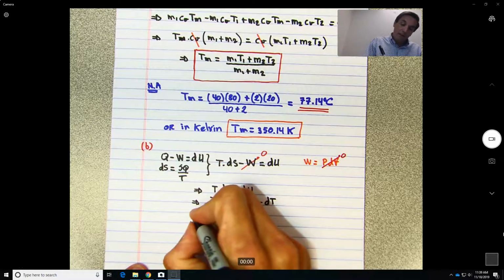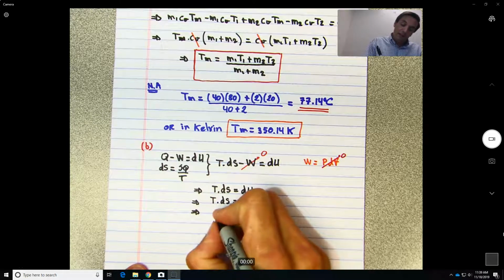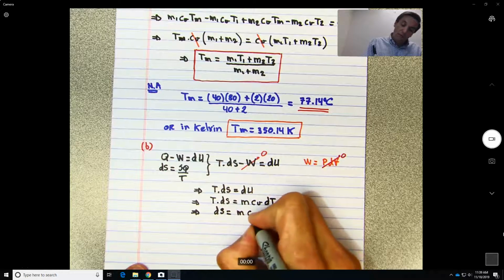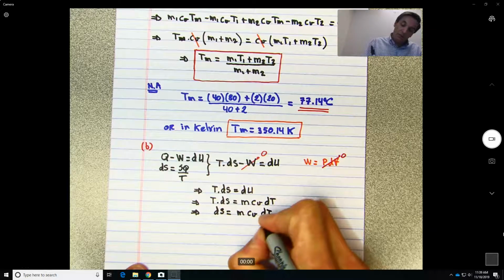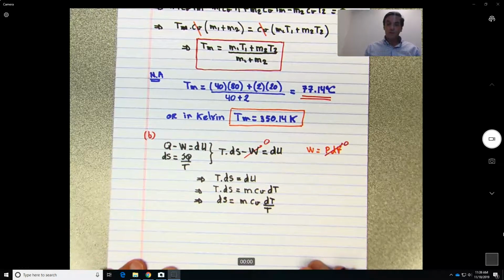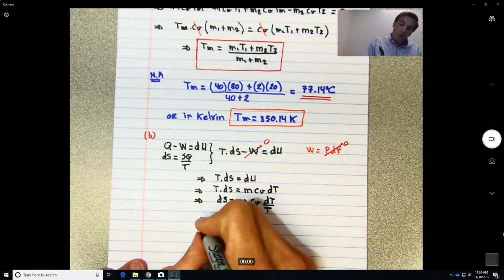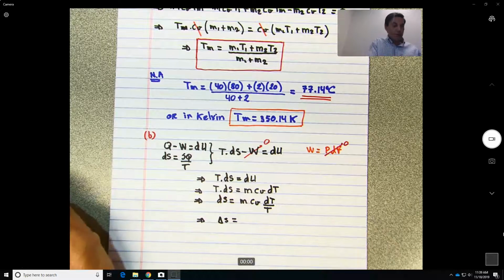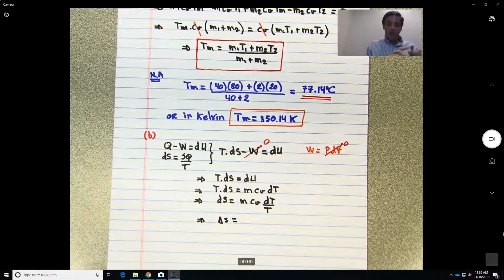If we divide both sides by T, we get dS equal to m Cv dT over T. Or we get that the change in entropy, after integration,